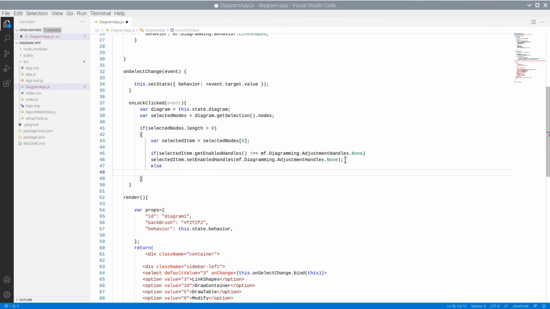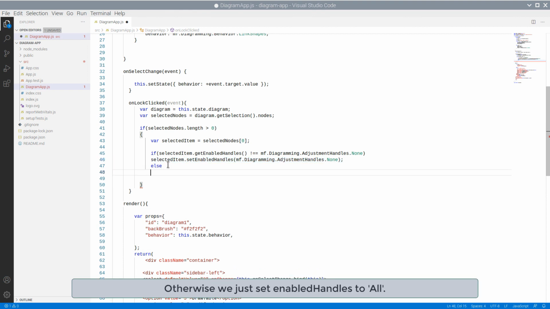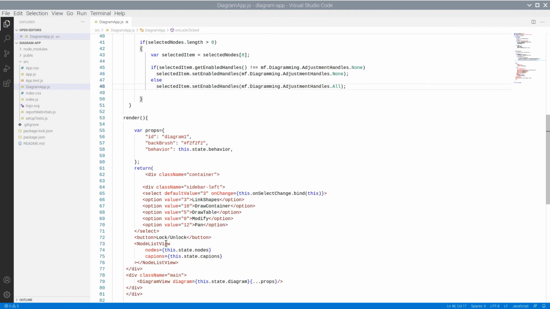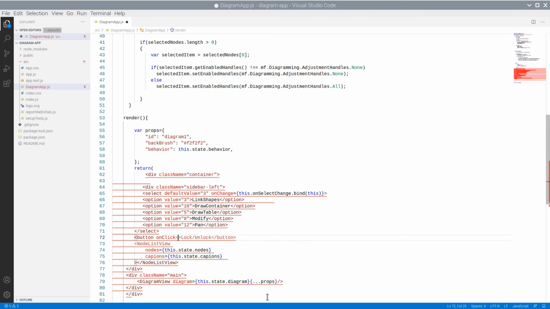Otherwise, we enable all adjustment handles. Let's bind the event handler to the click event of the button.